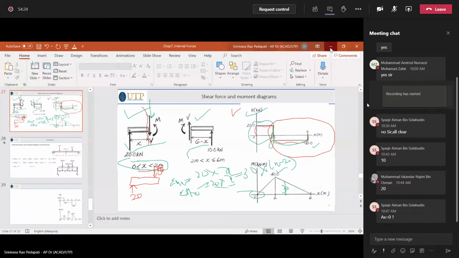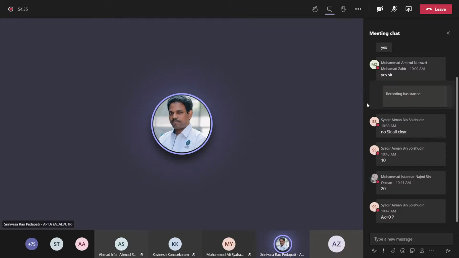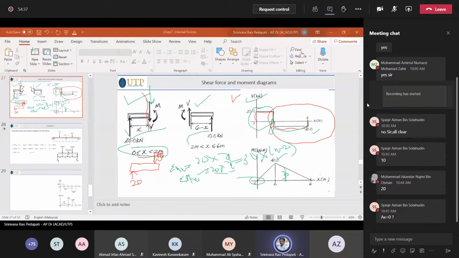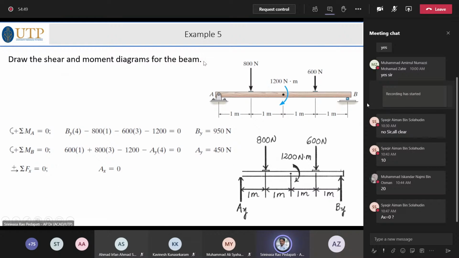You can get them by taking moments about one of the points, one of the edges, so that you get the other one. Suppose this is the free body diagram. If you take the moment equation, sigma MA is equal to, obviously, BY times 4 meters